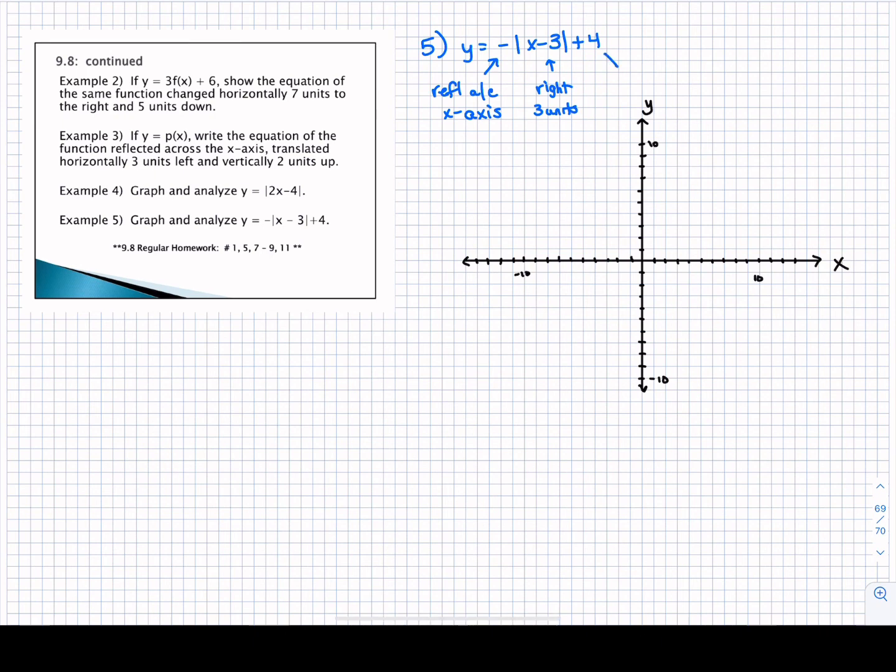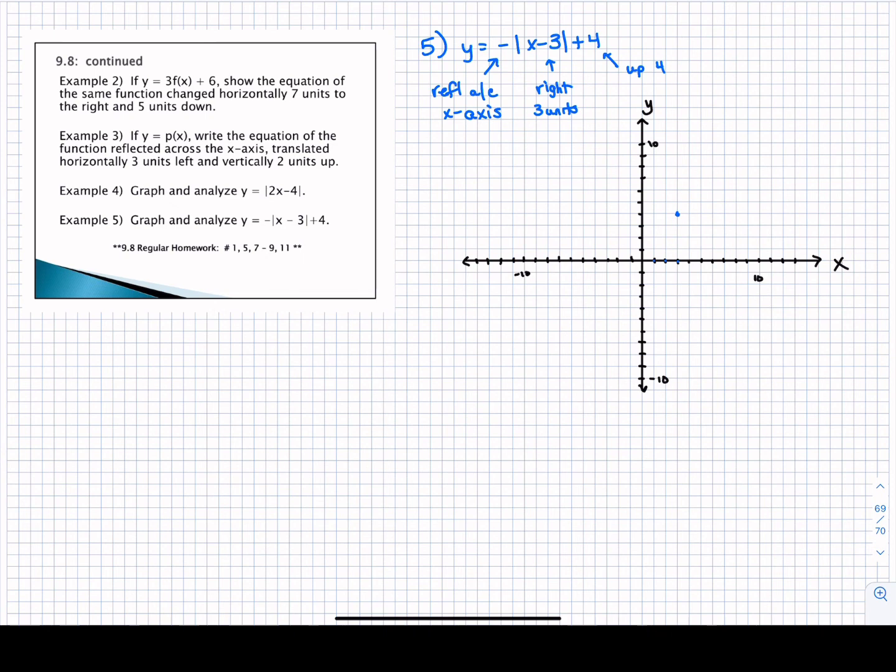The last change we've made is we've moved this whole graph up by 4 units because we're seeing a +4 on the end of the function. Sometimes what that does is it allows you to find one of the most important pieces of your graph, or the vertex of this type of function. So if I imagine my vertex used to be at 0, 0, but I move that vertex 3 units to the right and 4 units up, I know that the point 3, 4 is going to be a critical